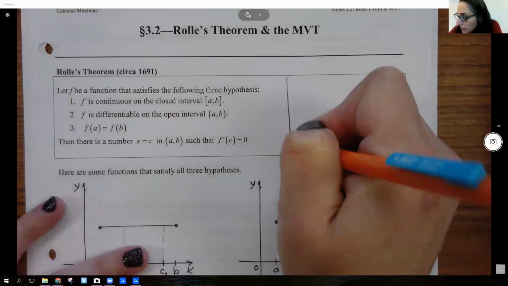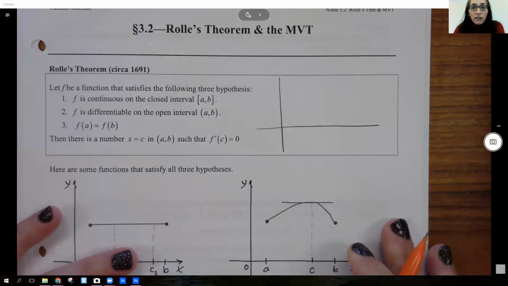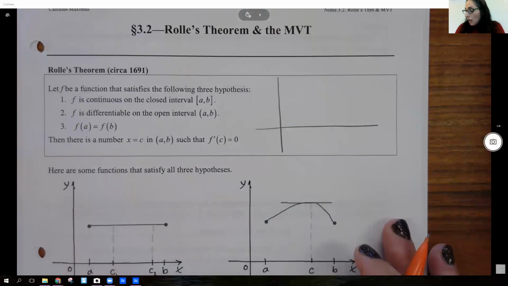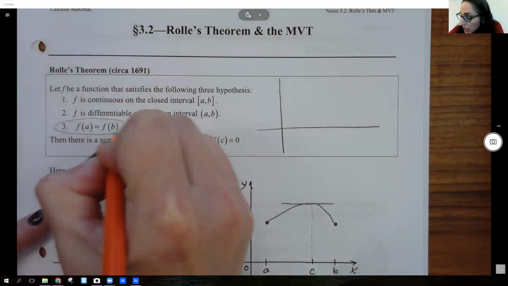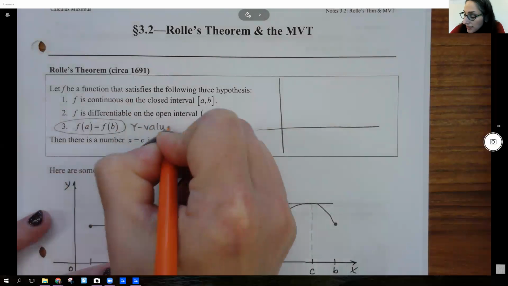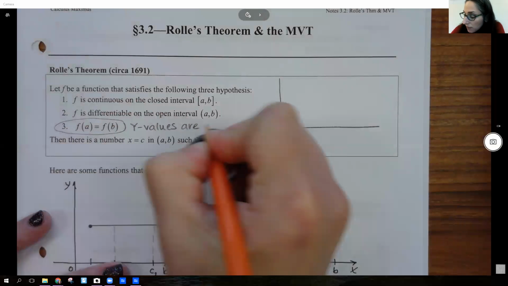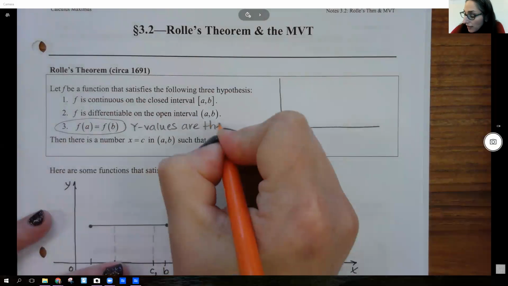Okay, so this is what this looks like. Here's the general gist of this, because sometimes all of these sentences and notation are a little bit overwhelming. So f has to be continuous, f is differentiable, and f of a has to equal f of b. That just means that the y values are the same. All right, that's all that means. The y values are the same. So they're on the same